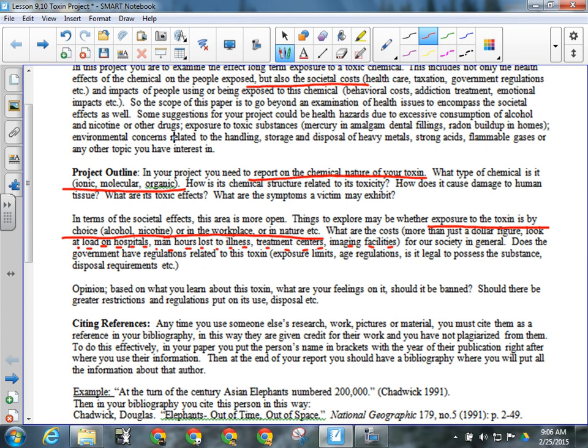Does the government have regulations related to this toxin? For example, you have to be 18 years old to purchase alcohol, and I think for nicotine as well, right? I don't know because I've never smoked. I have no idea. Age regulations. Is it legal to possess the substance, or is it something that's banned? Are there disposal requirements? Is this something you can just put down the sink, or do you have to